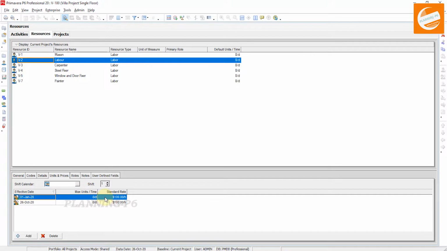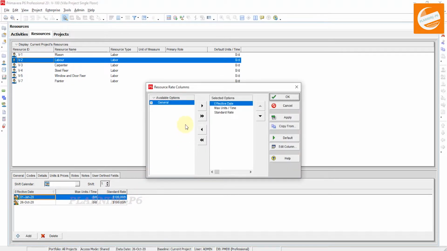Now we will customize this column. If we go to customize, in general you can see the external rate and internal rate, and you can customize these as you wish. First of all, we will customize that and come back to our topic again.